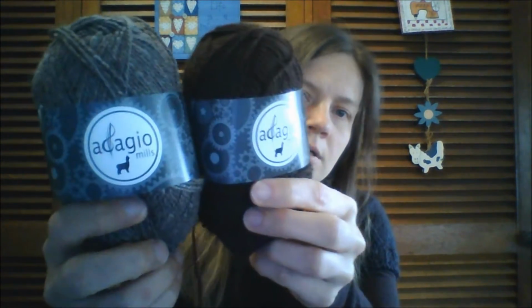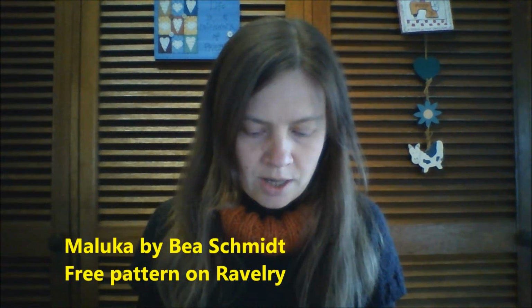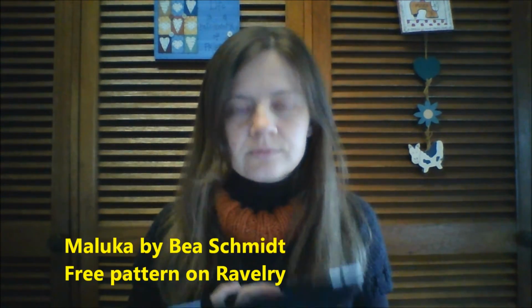So these are from a local mill to me, and they look like these. There's a sort of grey, beautiful greys, and then a dark brown, because I like my browns. And I've been umming and ahhing about what kind of shawl pattern to knit with these. So I found one, and I'll try to show it on my iPad, and it's called the Maluka shawl, and